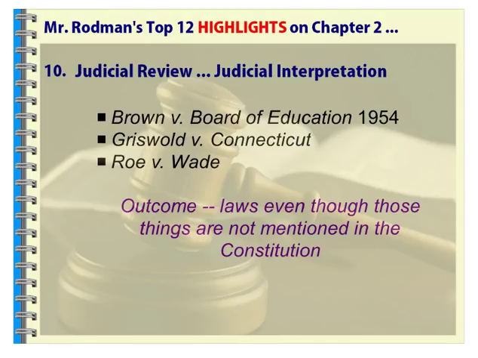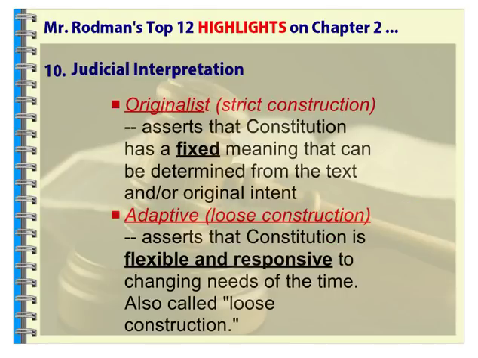So this is how judicial review has gone to more judicial interpretation, and looking at these two options, we see there are two types. I mentioned the loose form, the adaptive, the ones I was just talking about with Griswold v. Connecticut and Roe v. Wade, which are very adaptive in nature. They're very loose construction. These are interpretations that the courts have made asking what the Constitution would mean in our time, versus an originalist or strict construction approach that is much more on the fixed meaning. What did the Constitution and its words mean at the time of 1787? And really looking at that as such.